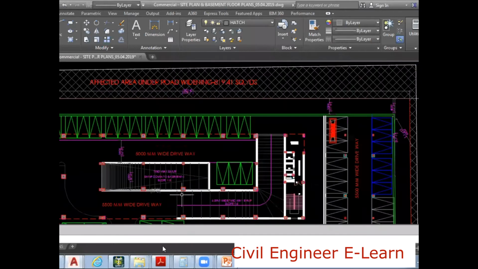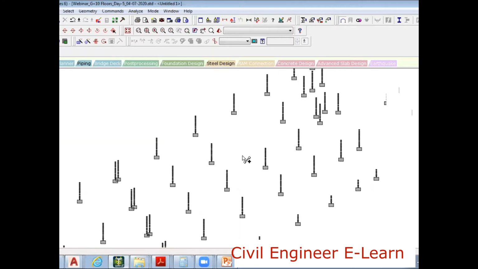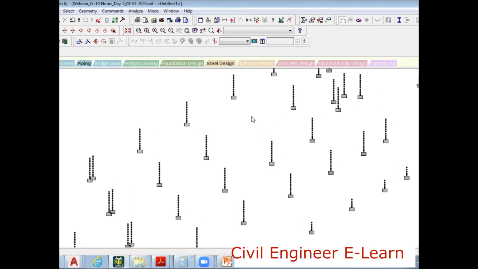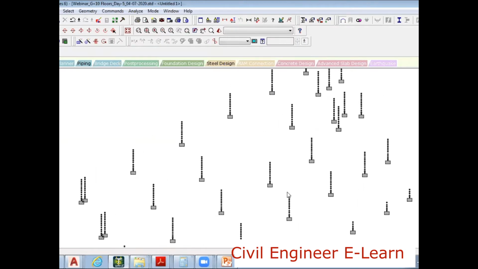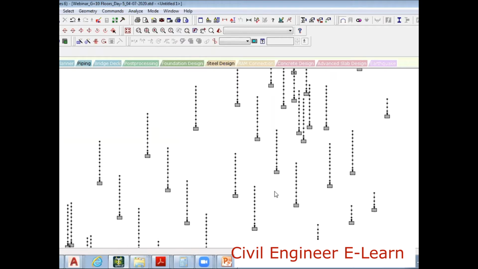Right? So now I go to this start model again. I wanted to make one more column here. If I want to make one more column, what do I need to do? First, I have to identify the location. How can I identify? Somewhere here, I can find a location. Agreed. How can I keep this column?